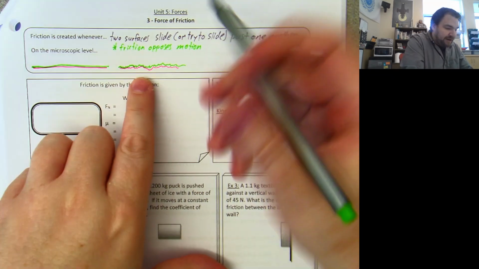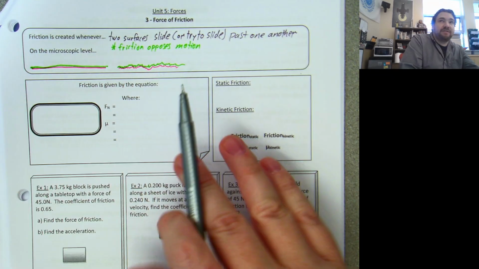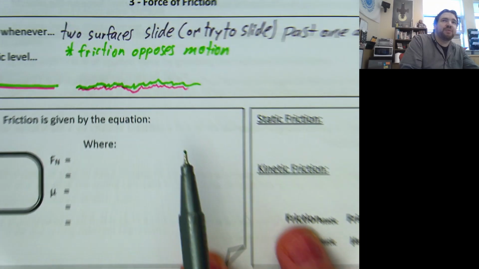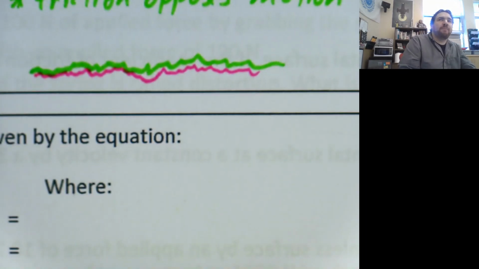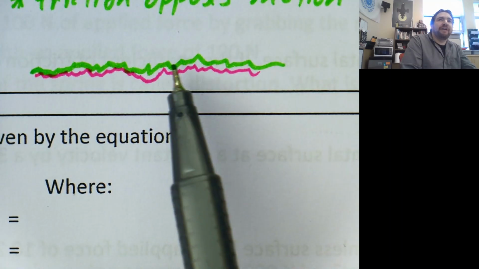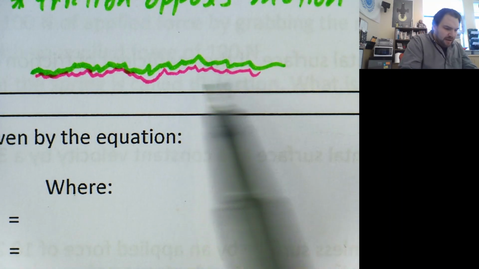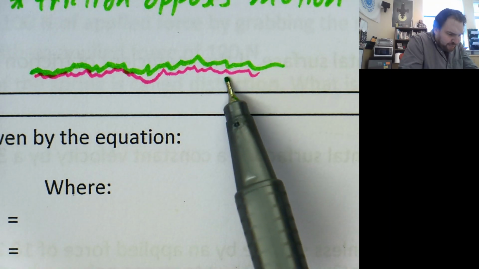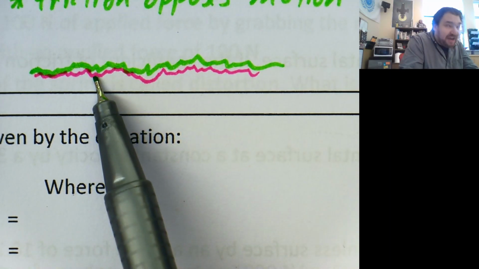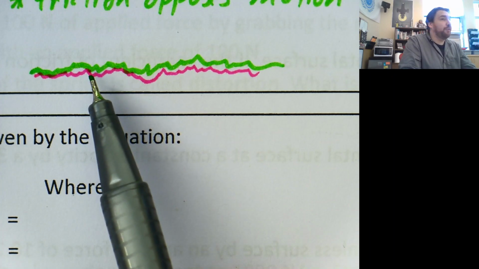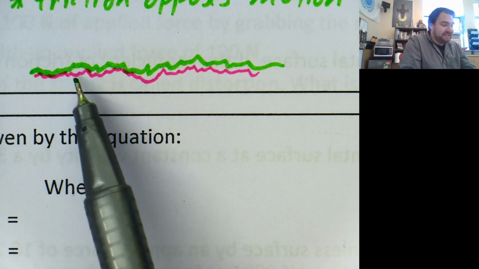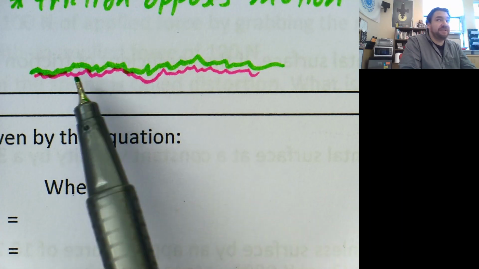The grooves from one and the peaks from another, you can see it in what I've drawn here. There are certain areas where they are interlocking more than other areas. Like right here for one, kind of here for another. Over here, definitely, they're a lot more grooved together. And it's these microscopic grooves, these peaks and valleys,